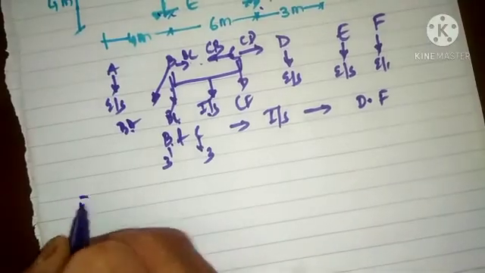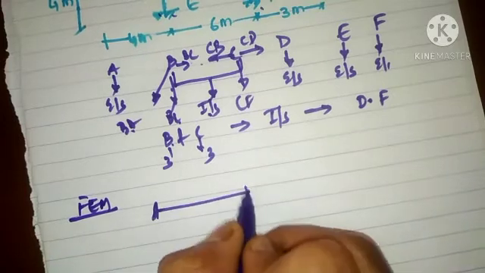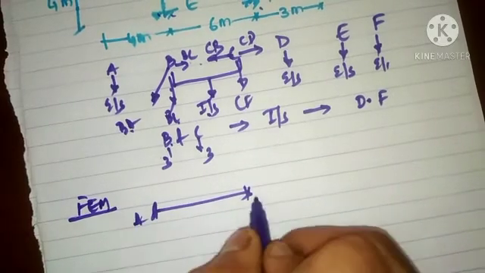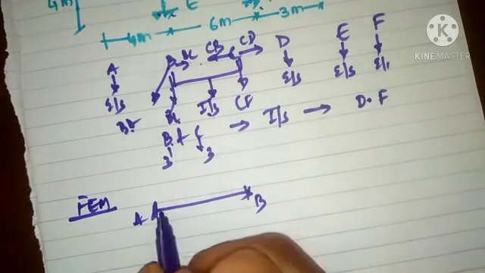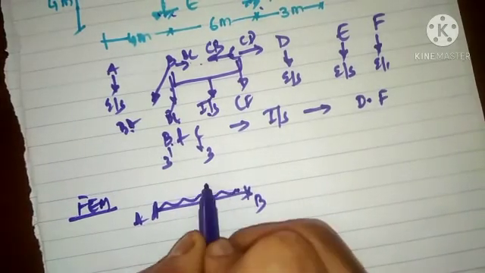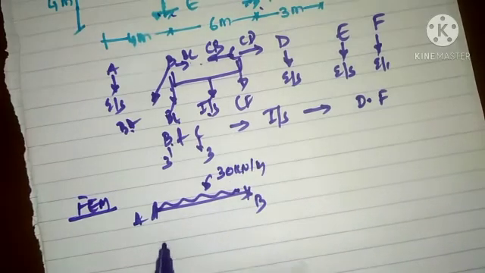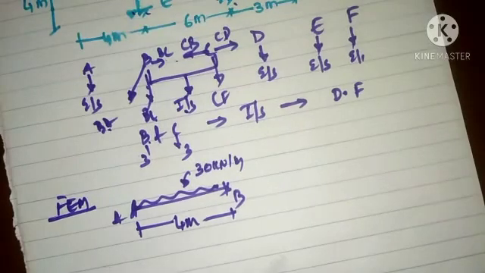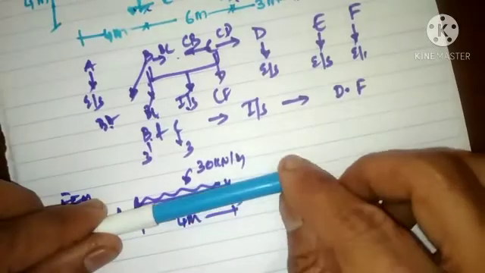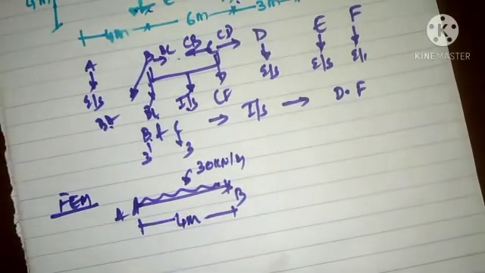So when we find out fixed end moment, we need to draw the free body diagram. So free body diagram, when I draw A and B, even though B is an intermediate support, we assume it to be rigid, so that means it is fixed. So it carries a UDL of magnitude 30 kN per meter of length 4 meters. So if I find out the direction of rotation, A and B, if I release support A, UDL will try to rotate the beam in clockwise direction.